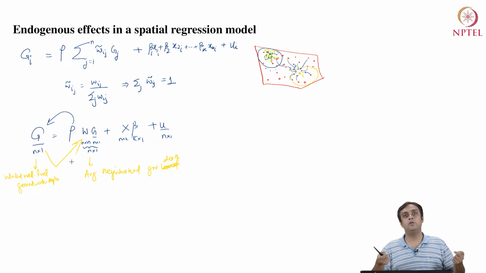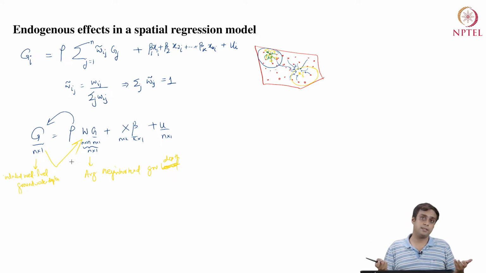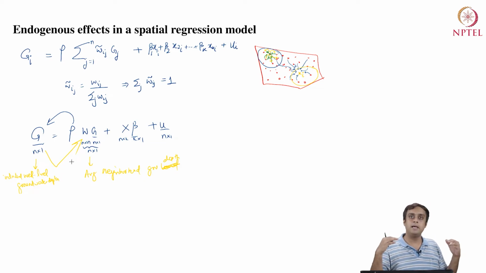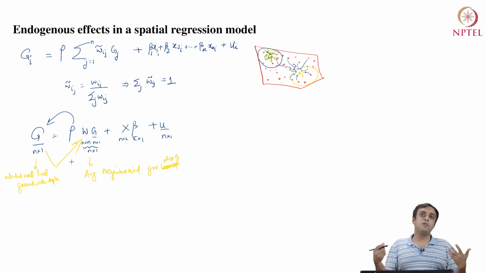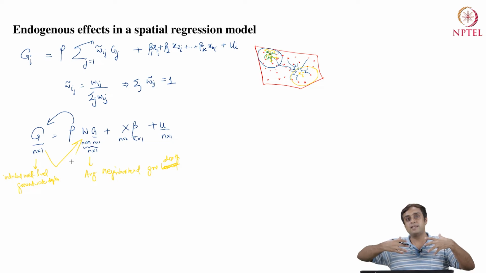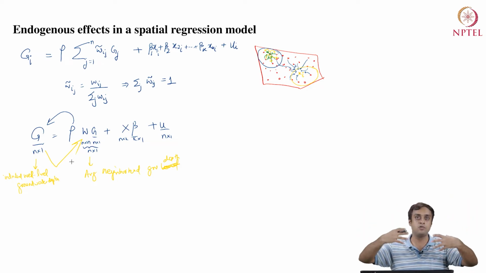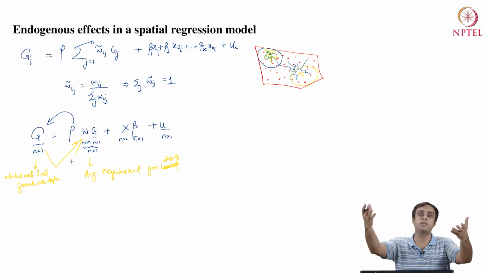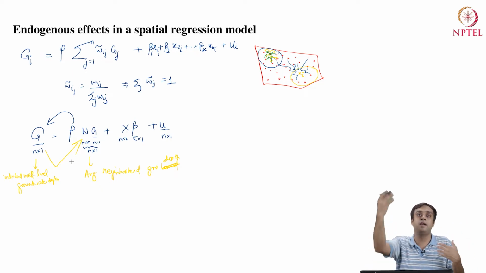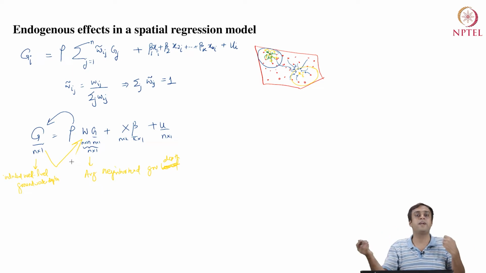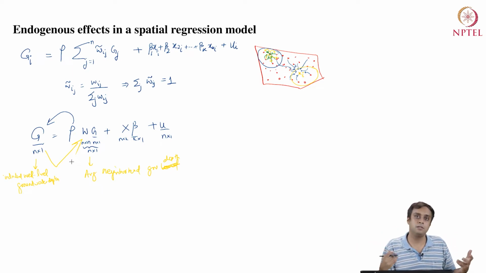This type of intuitive understanding will also apply to housing prices. If I'm looking at a house which has a high price and it's clustered with other high priced houses, then we don't really know whether we are seeing the reflection of this house, how the price of this particular house affects what's happening in the neighborhood, or this house itself is simply mirroring what's happening in its neighborhood. So who is affecting whom? Well, what happens generally in the real world is everybody is affecting everybody else.